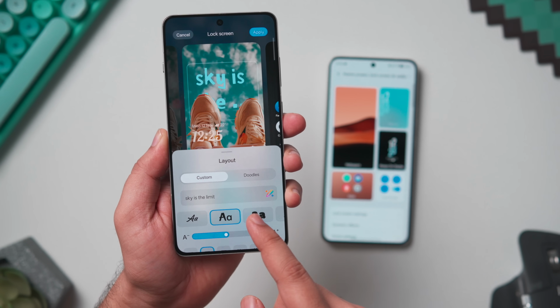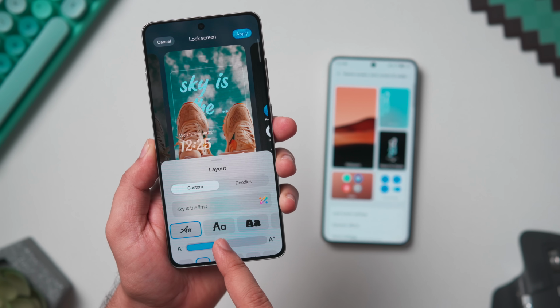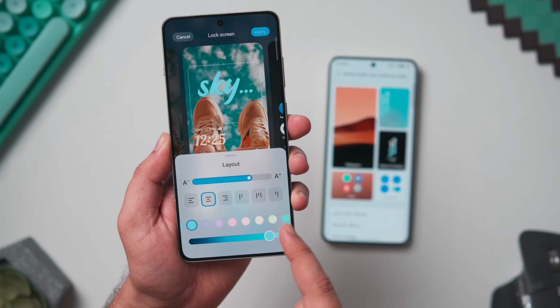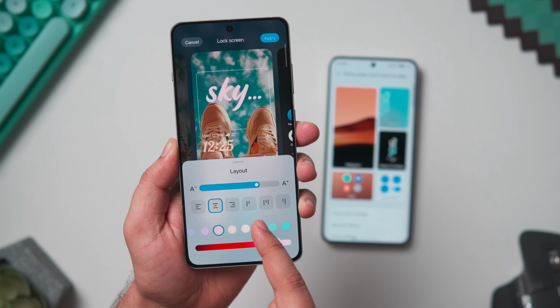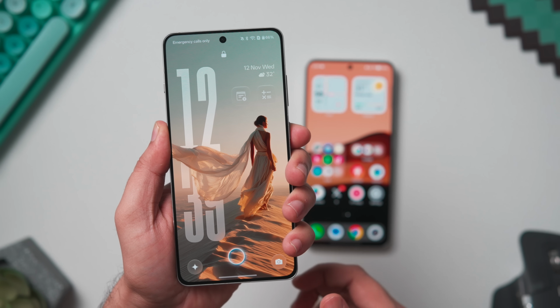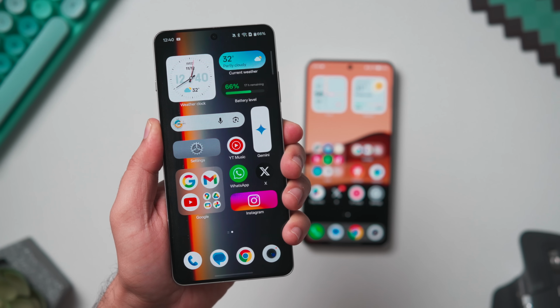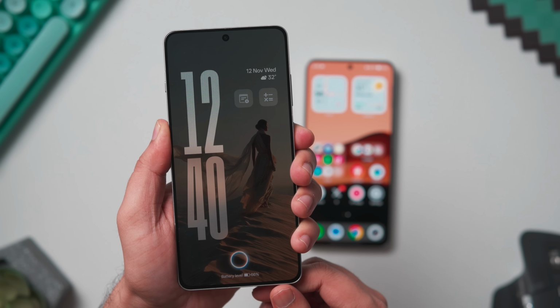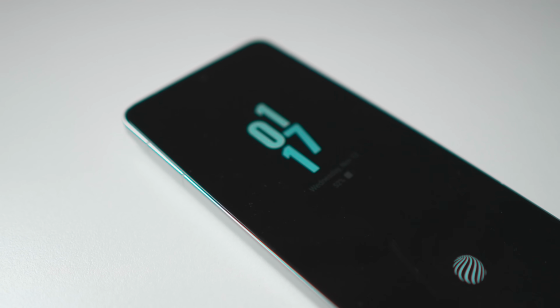Also, they finally brought the customizable text layout where you can put your own text, change the font and color, and all of these options really complement both the home screen and lock screen. That smooth transition happening from the always on display to the lock screen and then to the home screen looks so damn good. In comparison, OriginOS 6 also has similar stuff with frosted glass, kind of a transparent looking clock,